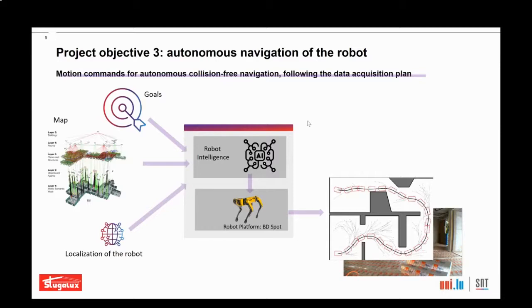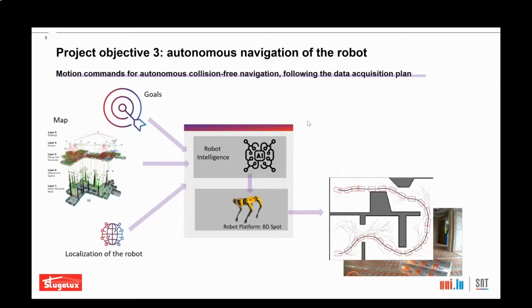And this is also something that the robot then has to avoid and has to plan. That means this is a kind of continuous replanning, which also requires some, let's call it, robot intelligence, which is built into the robot. And as you can see, with all of these three cornerstones, I would say, the three building blocks, we will then be able to at least collect the 3D point clouds in a fully autonomous way.